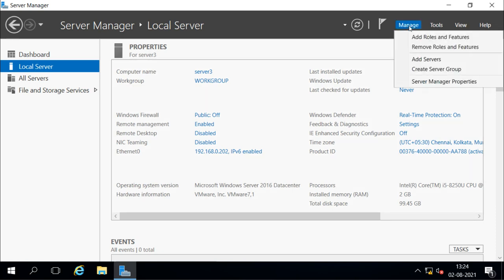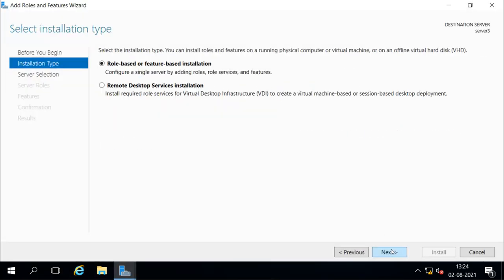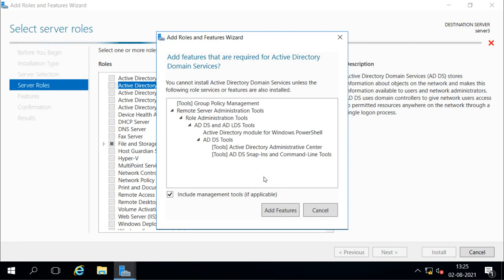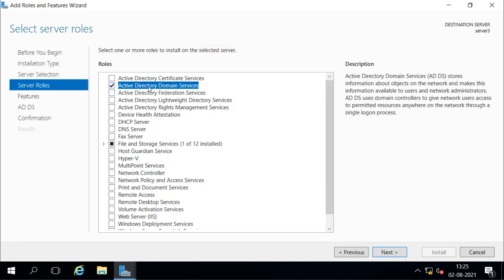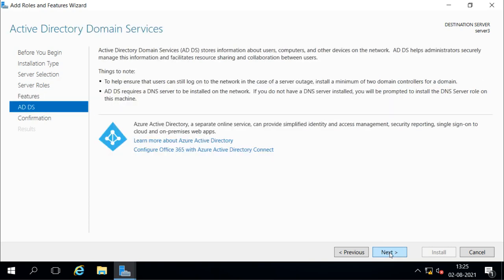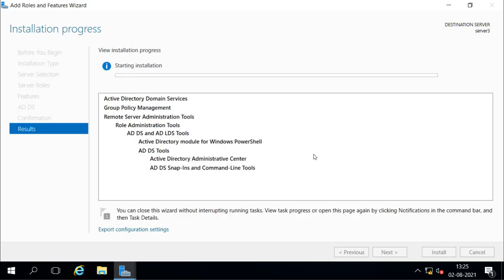For the promotion, we have to install the Active Directory services here. This is the first way we can do it. So I will select Active Directory Domain Services, and then next, and it is going to install this. It will reboot first, and then it will ask us to do what? Configuration. First it will do configuration, then it will reboot. Before reboot we have to configure it.